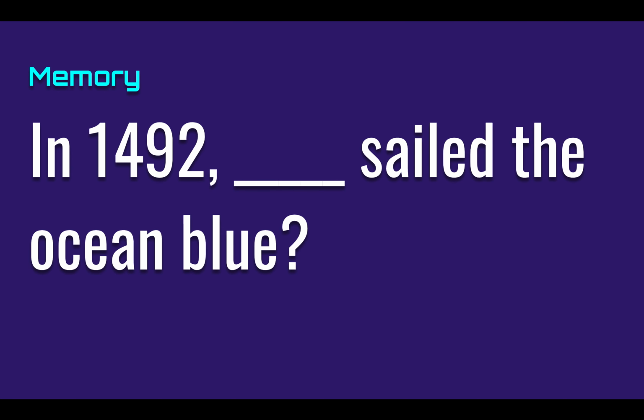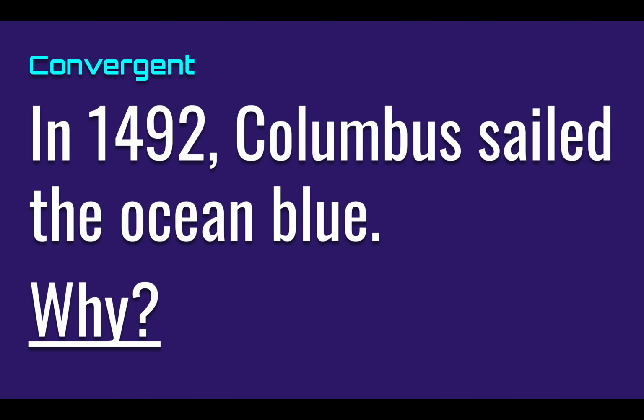Now you're thinking, well, basic facts, how do we put some of the things that we know about Columbus into practice so that we can then land on a convergent question? An example of a convergent question would be, in 1492, Columbus sailed the ocean blue. Why did he do that? Probably a lot of us learned it was because of gold, glory, and God. You could even bump up the level of thinking a little bit with this kind of convergent question by saying, of gold, glory, and God, which was the most important? So that's a convergent question, asking kids to put facts together to come to a right answer.